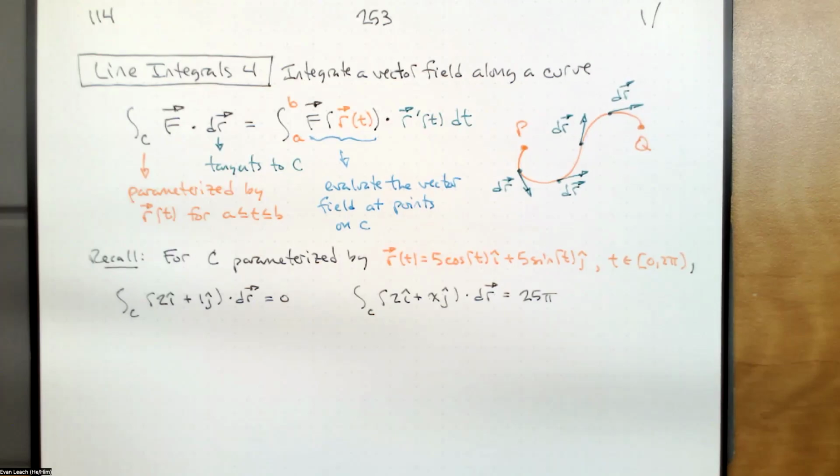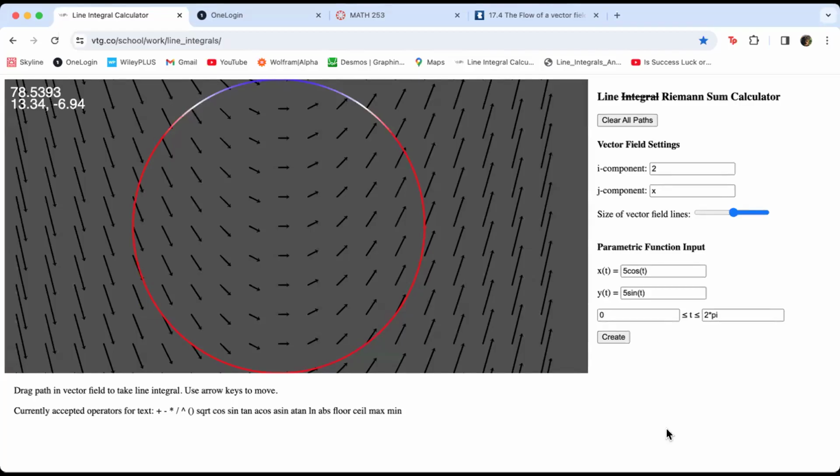If you recall, yesterday we integrated over a simple closed curve two different vector fields. In one case, we got 0, and in the other case, we got 25 pi. Now, here we got a graphing machine that will calculate for us some line integrals. The value of the line integral is approximated up in this corner up here,